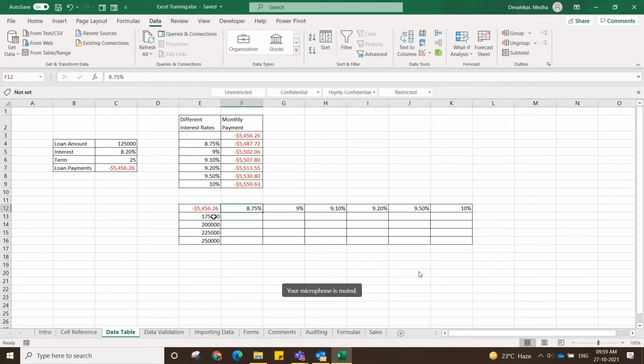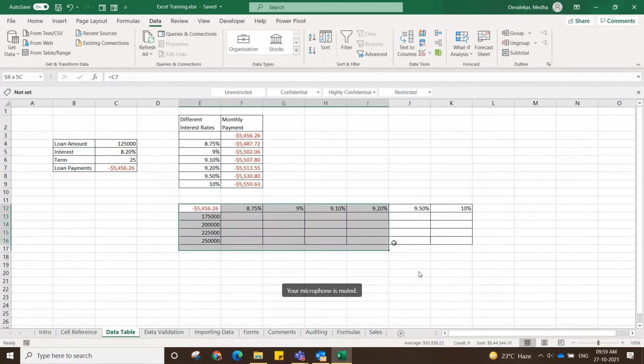There is also a change in loan amount. So here is a table in which we can calculate the same. Here are some percentages, here are some amount values, and again this is a formula which refers to this.